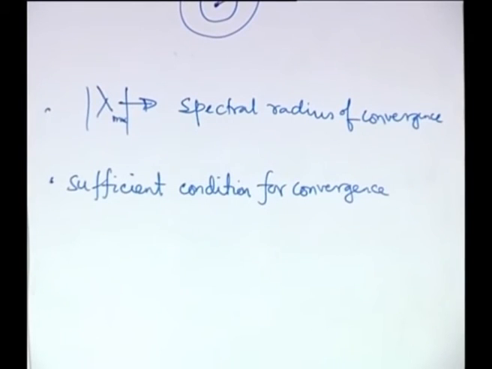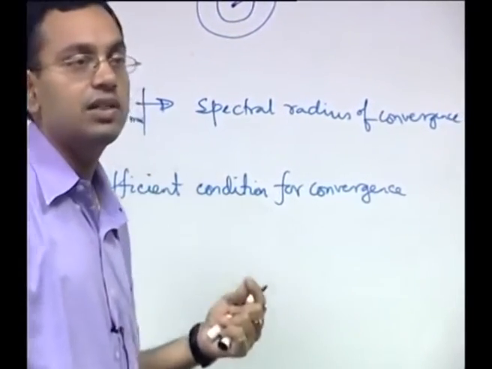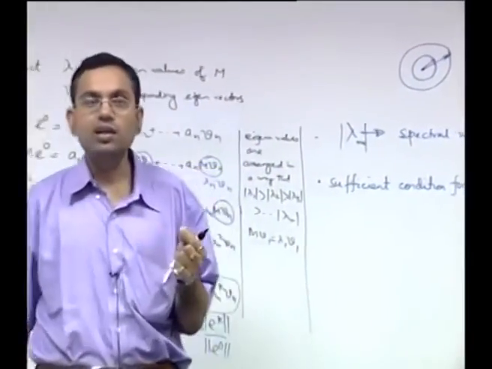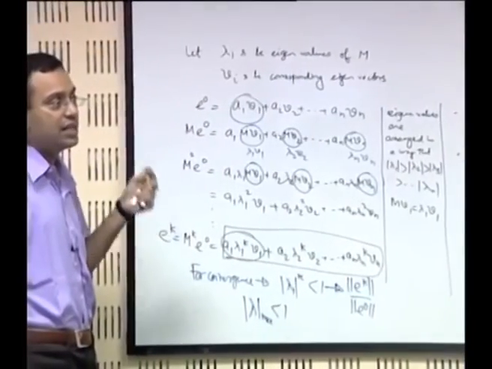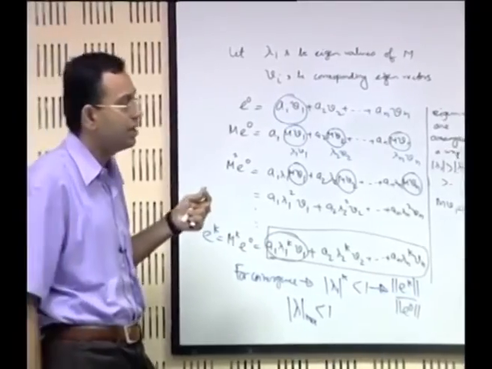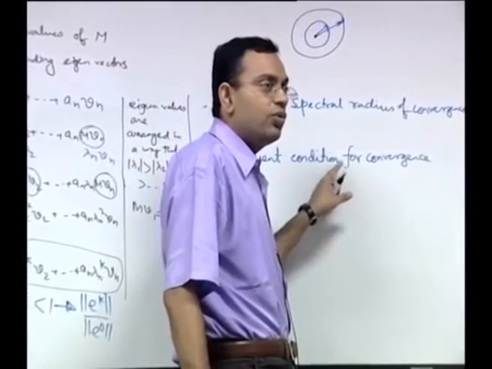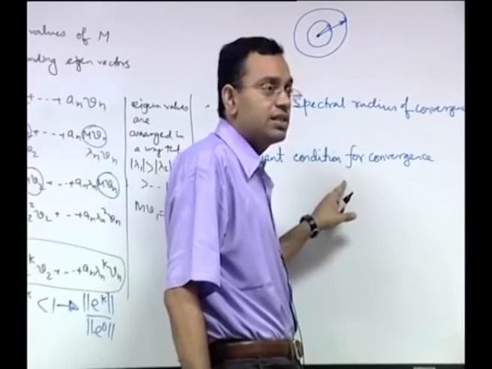But it is not a necessary condition for convergence, we have to remember this. So, there is a distinction between necessary and sufficient condition. If you say that something is a necessary condition for convergence, what does it mean? It means that without satisfying that condition there will never be convergence. But if you say something is a sufficient condition for convergence, what do you mean? You mean that if that condition is satisfied, you will definitely have convergence, but you may also have convergence without